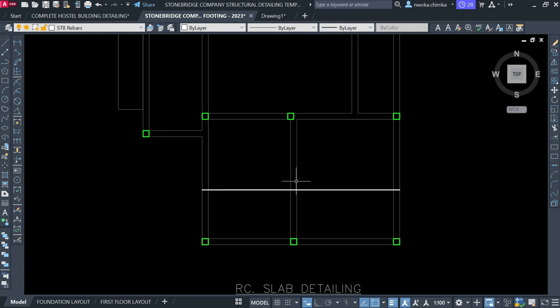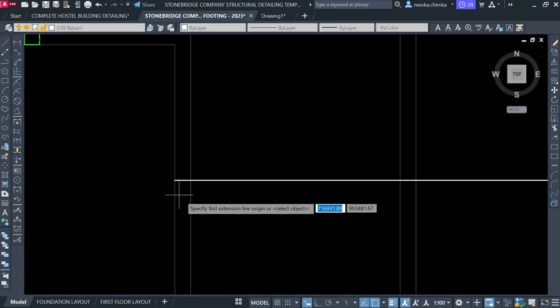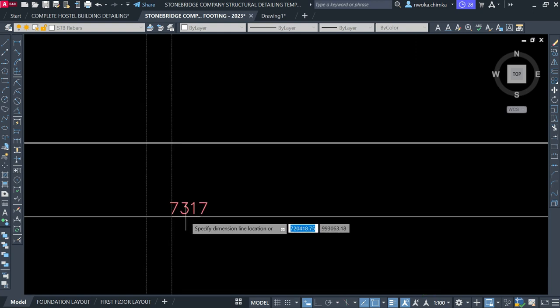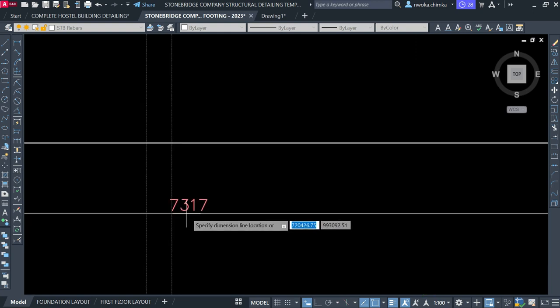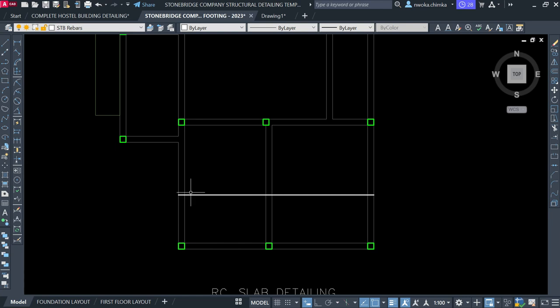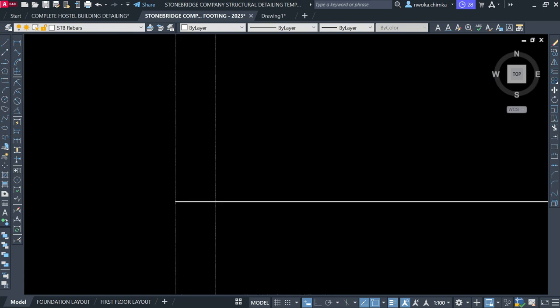Okay, so right now, if I check from this point to this very point here, you can see that this is just 7.7317 millimeters. Okay, so this is very, very safe because it is less than that 12 meters. Okay, that's fine. So right now I will come here and offset my cover, because